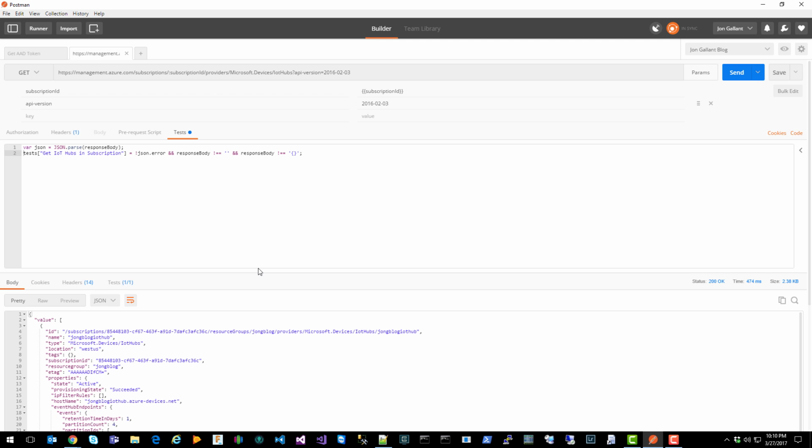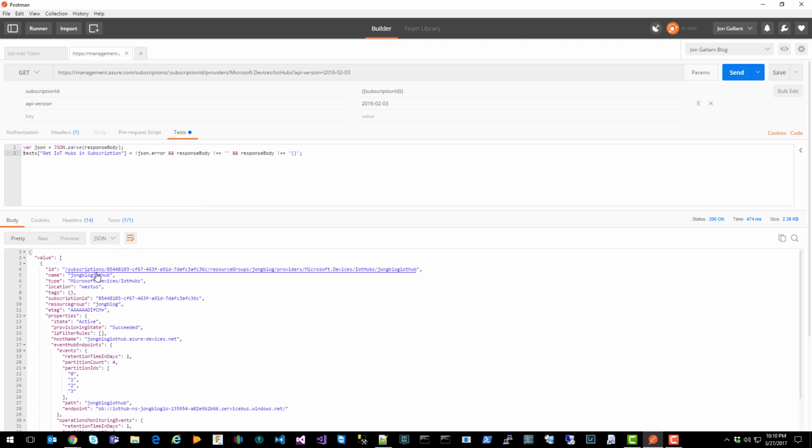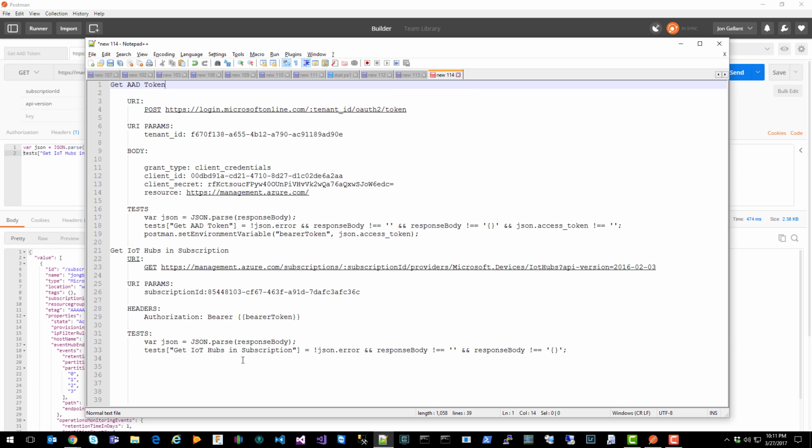And you can see down in the response that we have the details of the IoT hub that I created earlier. So in review, we want to call the Azure REST API endpoints. We need an Azure Active Directory bearer token to do so. We need to do an HTTP post to this URL, get a bearer token back, and then use that in subsequent